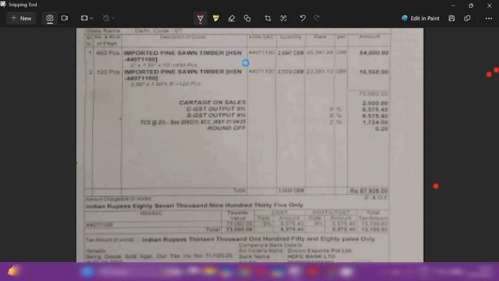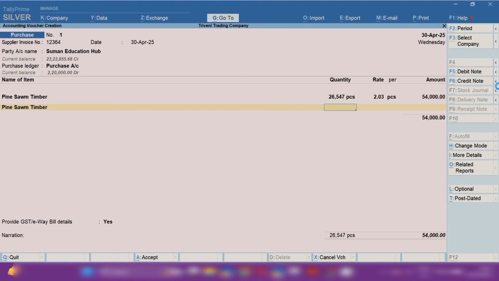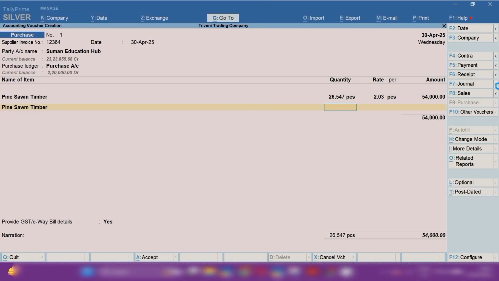Save this ledger and enter the quantity, and after that the total amount. In this way you can add the stock items, however many you are purchasing in the invoice. Again we are going to enter the quantity and the rate, and after this there are freight charges of rupees 2500.